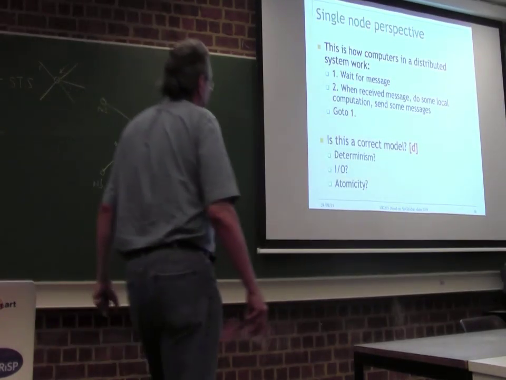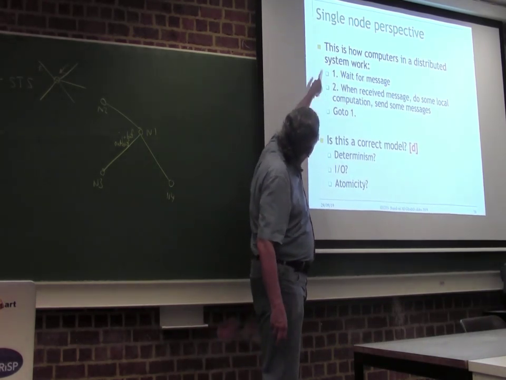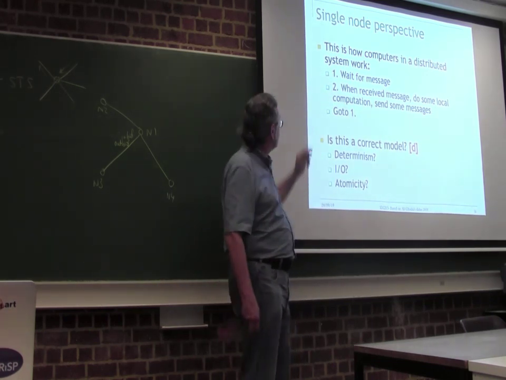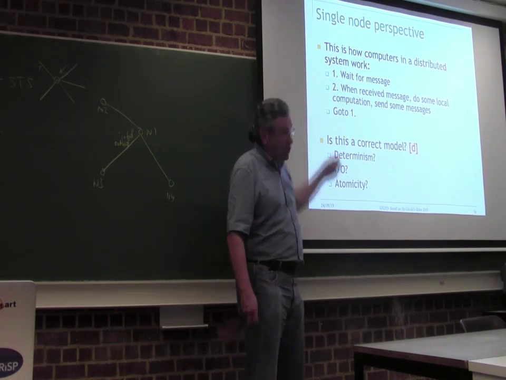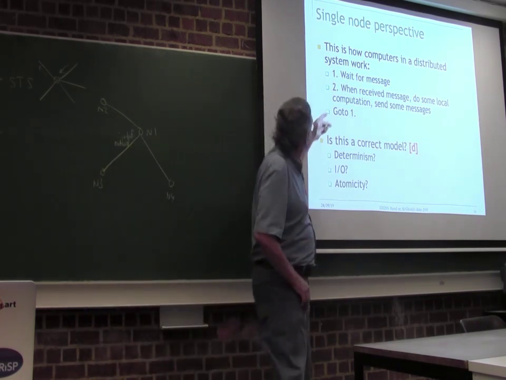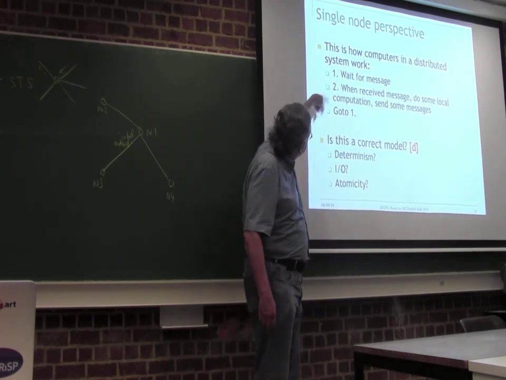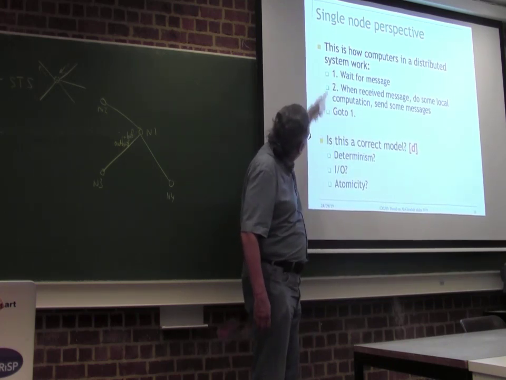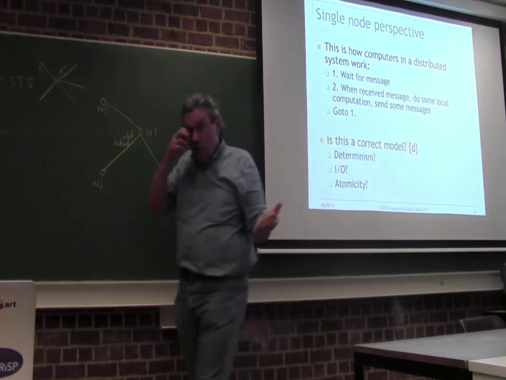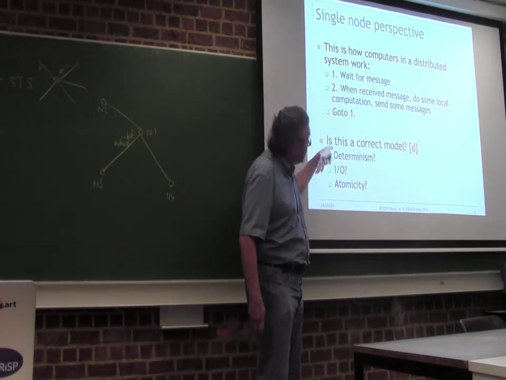So what do you think about this model? Let me ask you a question. This looks like it's deterministic. There's no choice going on here. The state transition function is deterministic. Is that reasonable? What do you think? Do we need to make this non-deterministic, or is it okay to have this? Does it model what we want? Are real distributed systems going to be like this, with a deterministic loop? What do you think?